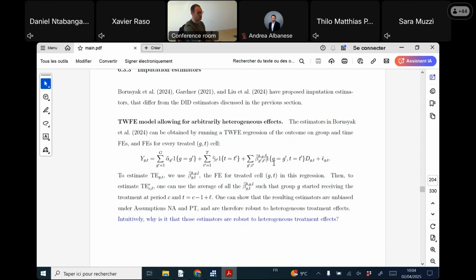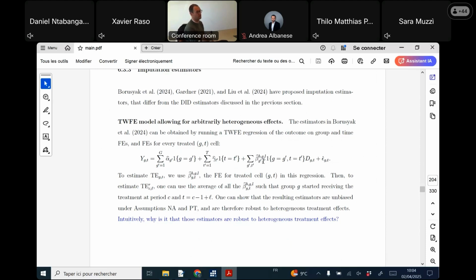Yeah, exactly. So we saw that by having just one coefficient in front of the treatment variable, the two-way fixed effects regression, the coefficient was not indexed by GT. The two-way fixed effects regression was implicitly assuming constant effects. So in some sense, it should not have been surprising at all that this regression would be not robust to